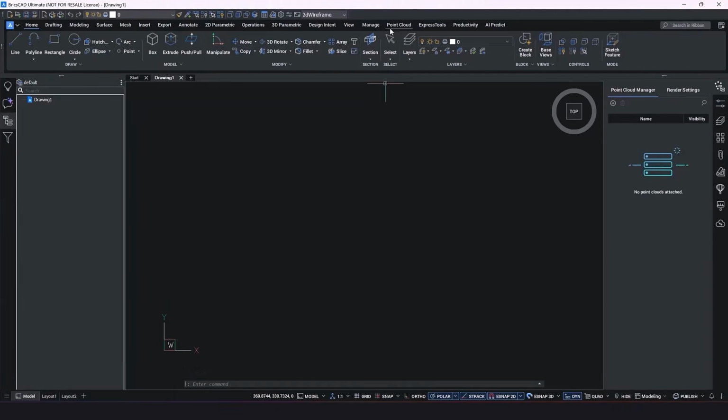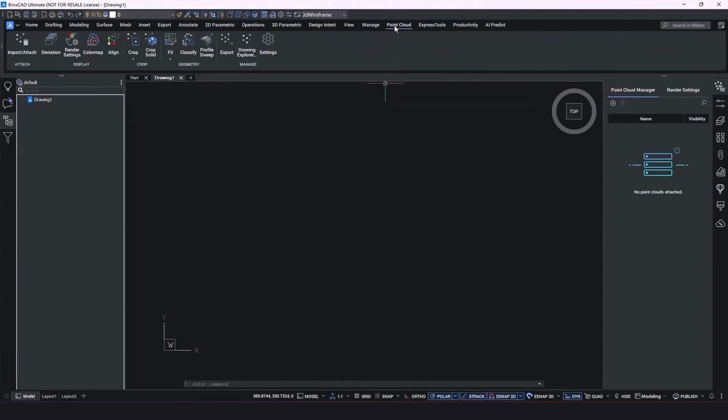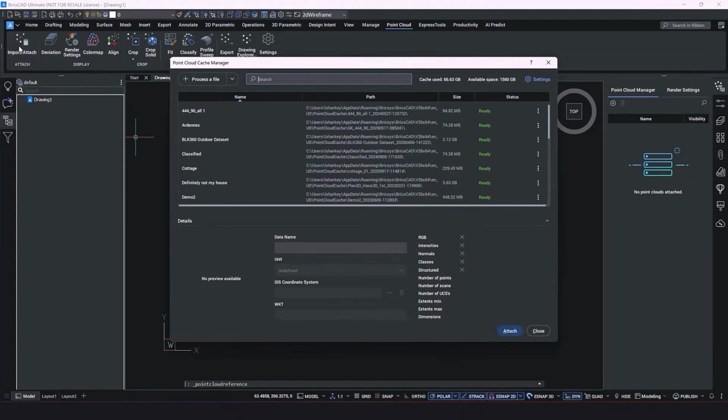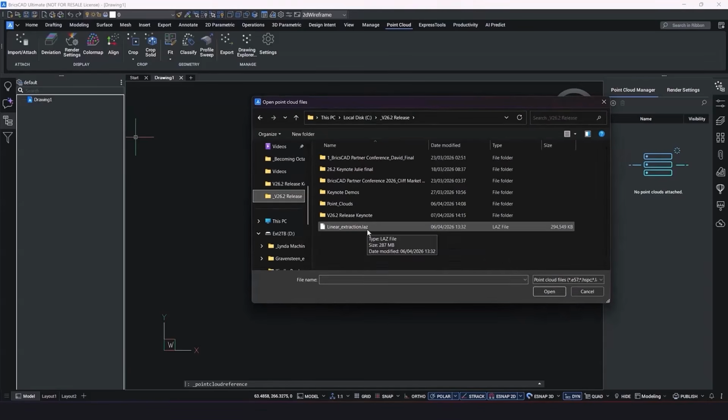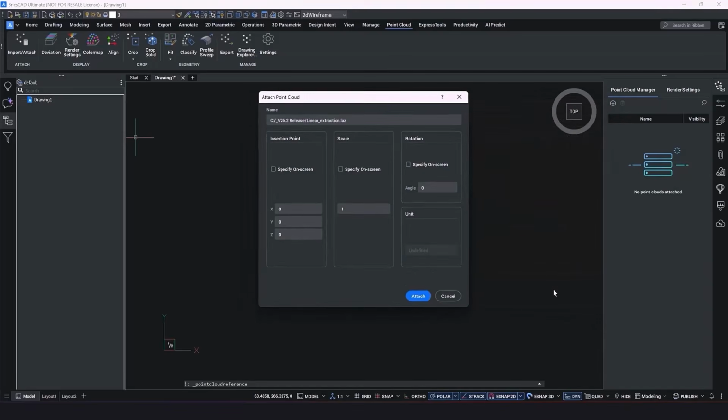Now, on the point cloud ribbon, we're going to import a new point cloud file. Here's the Point Cloud Cache Manager. What we're going to do is we're going to process a file. You want to just navigate to the LAZ file called linear extraction and hit open.